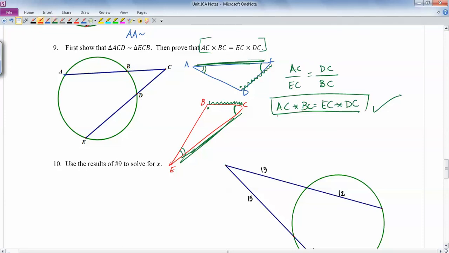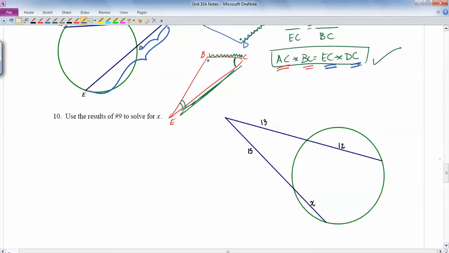So it's really AC, which is this whole length right here, times BC, which is just the outer part of that segment. So we did the whole thing times the outer part. And then down on the bottom chunk, we did EC, which is the whole thing here, times DC, just the outer part. So if we use that kind of logic down here, we could do the whole part here, which is 25, times just the outer part, which is 13,